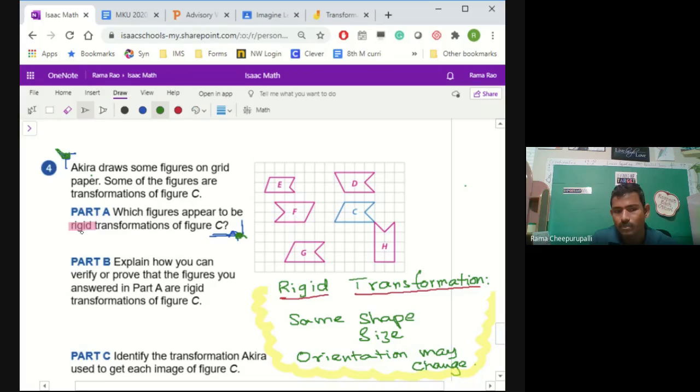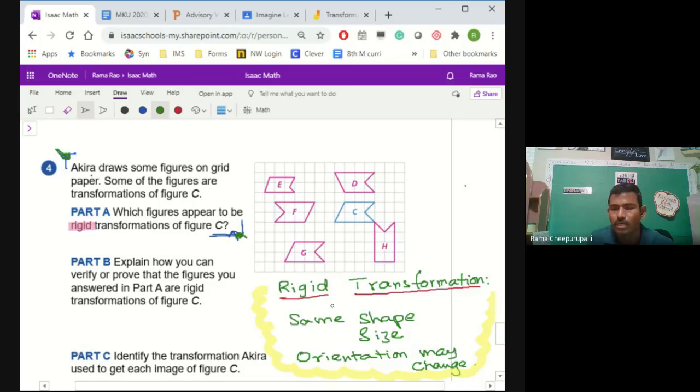See, when you talk about the rigid, that's a keyword. It is really important because we don't know what rigid means. Rigid means it has to be the same shape and the same size. The orientation may change, like it could be turned, it could be flipped, but it has to be the same